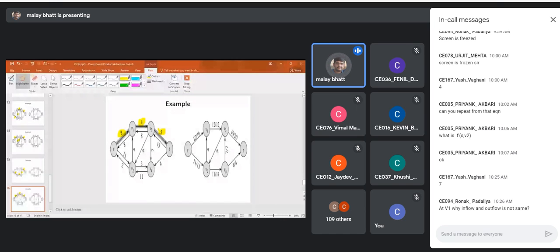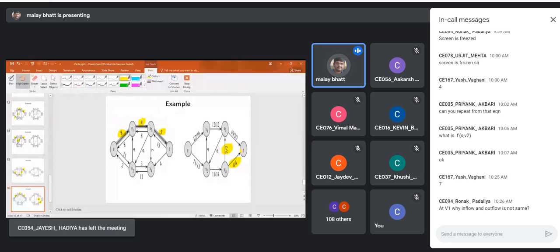Now if you observe this graph, you will find certain important things. From this, I can generate a residual graph also. 4 out of 4, we have utilized this. So that means if I want to go from source node to node T, clear?